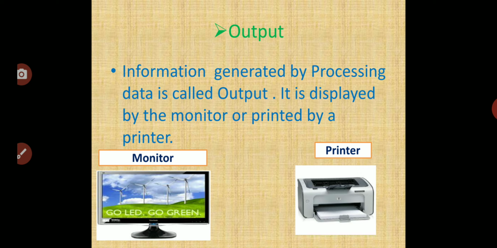Okay, we will revise the chart first. Function: there are three functions: input, processing, output. Input device, keyboard and mouse. Processing unit, CPU, and output device, monitor and printer. Okay,